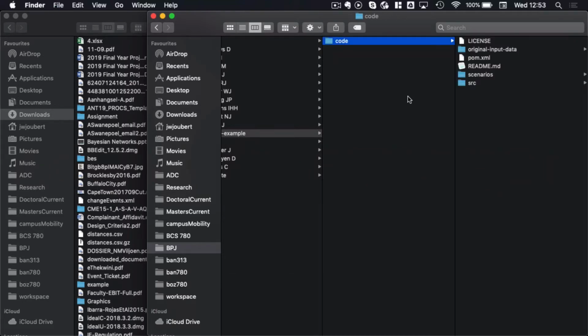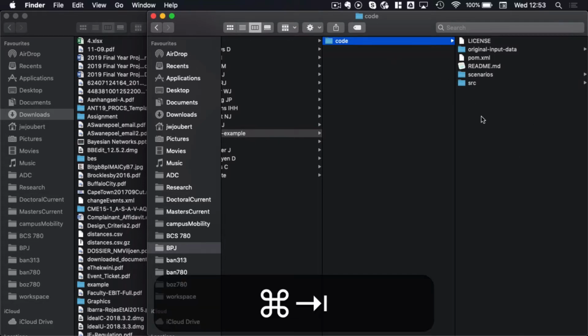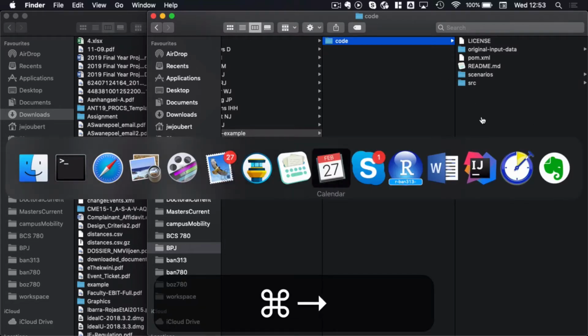So now I should have roughly the same structure as what you have inside your BPJ folders, where there's a code folder with the MATSim example project. So let's go to